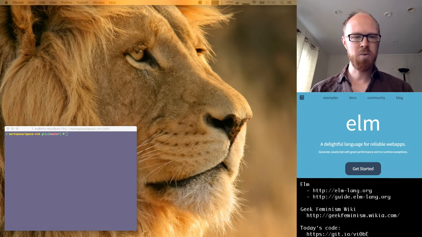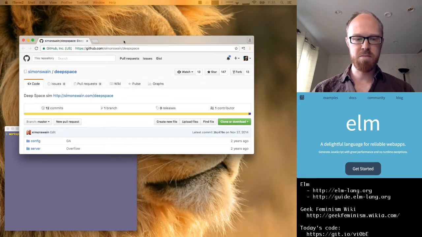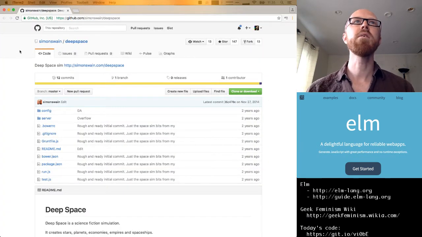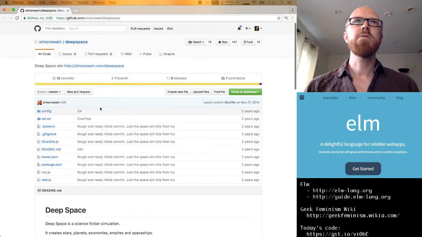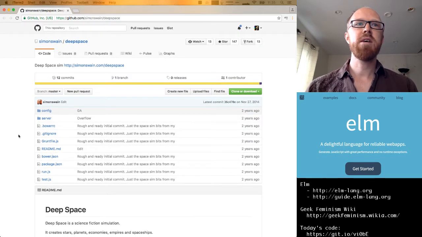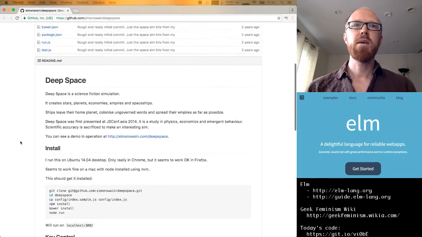When I saw it, I was reminded of this really cool talk that Simon Swain gave, and I'll put the link to the YouTube video. But let me bring up here the code that he has published. So here's the GitHub repo, Simon Swain/Deep Space.